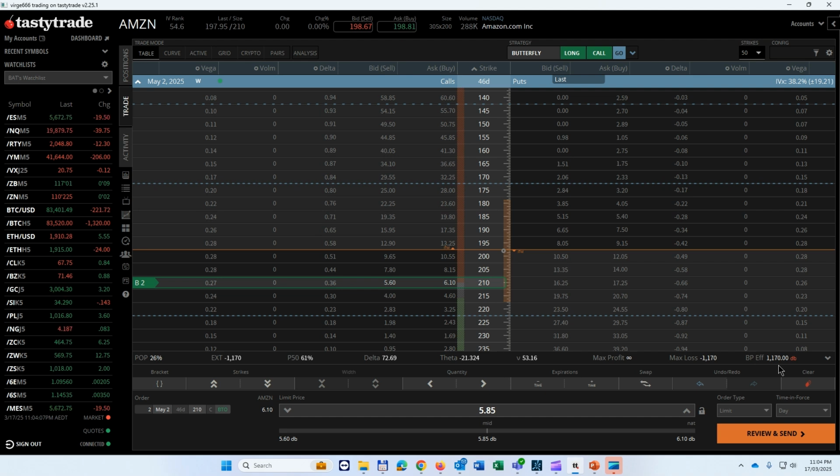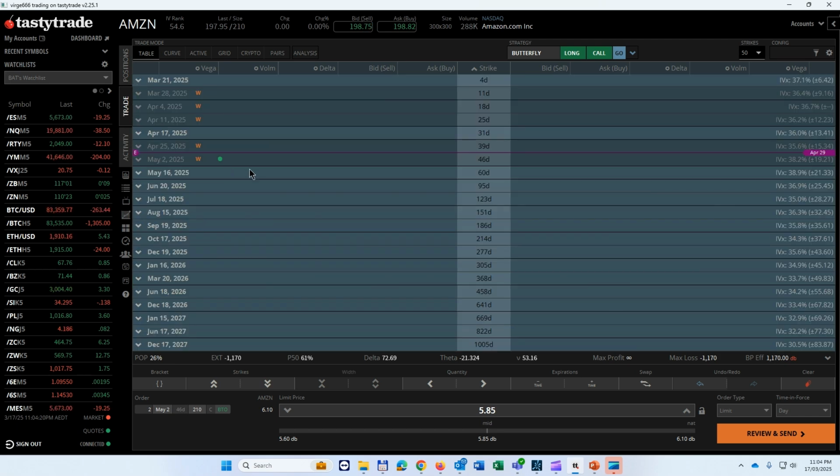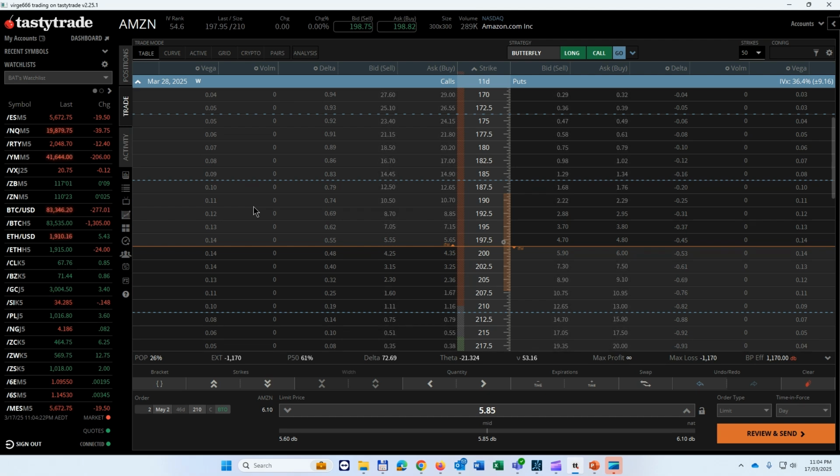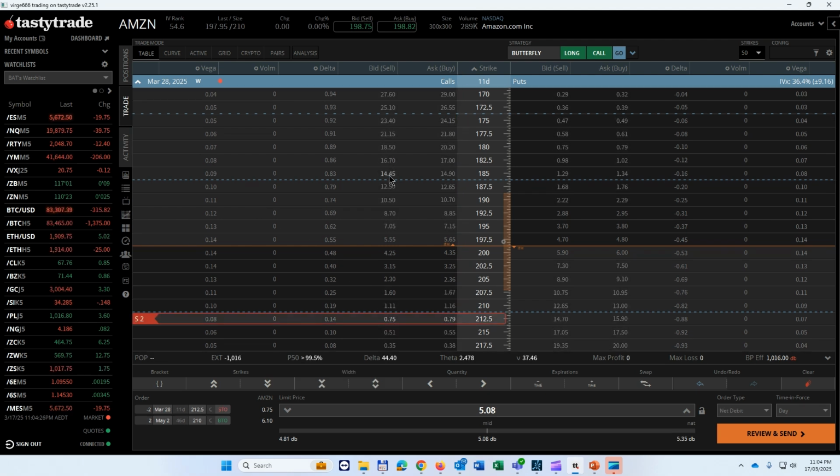The problem is if you lose, you're done. You're absolutely done. You can't make any money from the trade. You can't do anything with the trade. So what we do is we buy this for $6.10, and then we look for something a little bit closer, say 11 days out, and we sell the 212 option against it. It brings the trade down to $5. It's now a $1,000 trade for two contracts. Let's bring it down to one, just so we have one contract. It's a $500 trade.